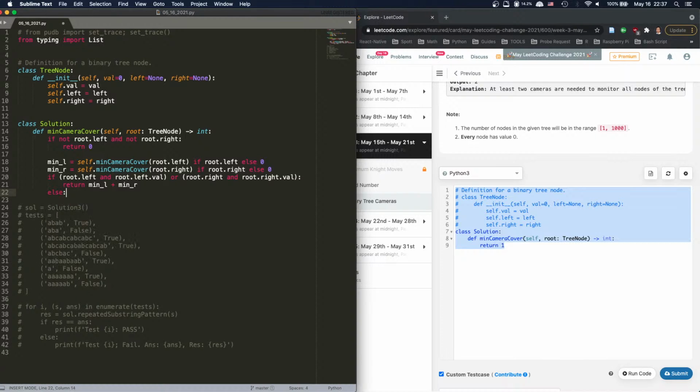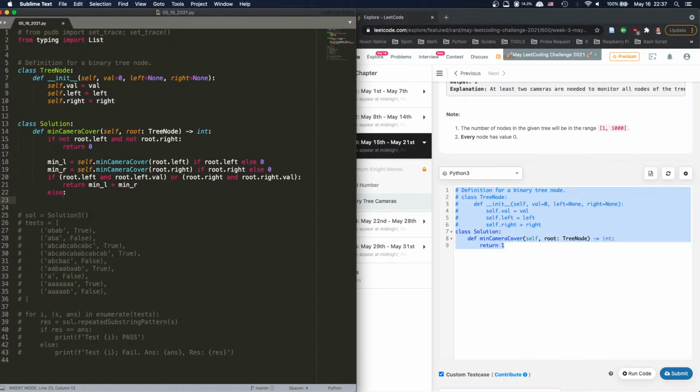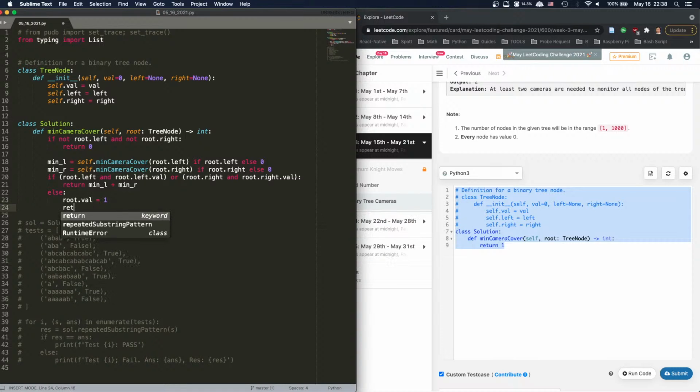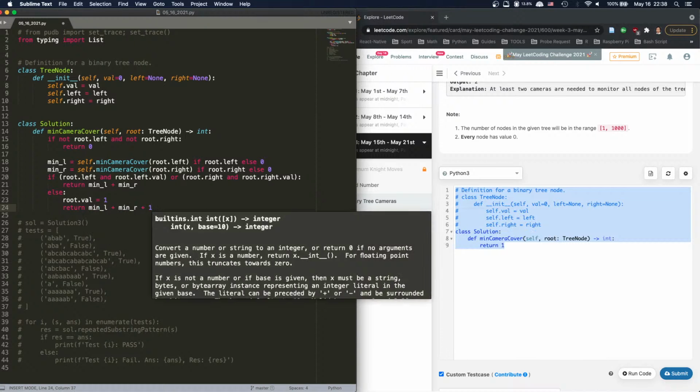Else, that means none of the children have a camera. Then I must have a camera. So we say root.val equals 1. I must have a camera, and we're going to return min left plus min right plus 1. And let's see